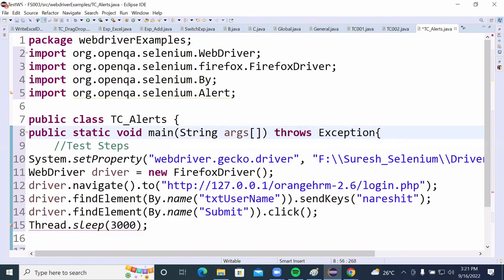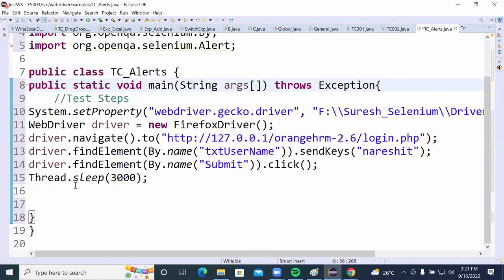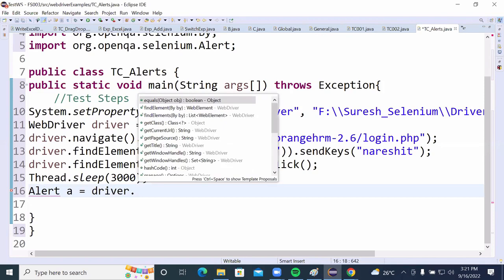In that particular alert, first you need to retrieve this particular text. What exactly is the text? You need to retrieve that particular text here. Further, we write first with Alert, taking an alert object, driver dot